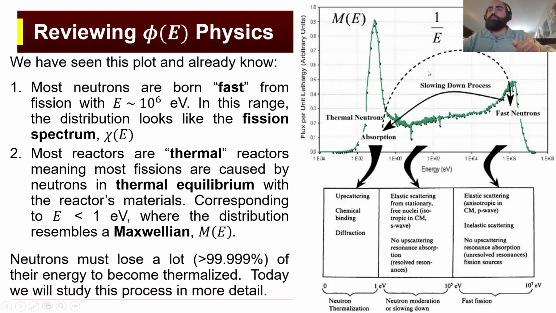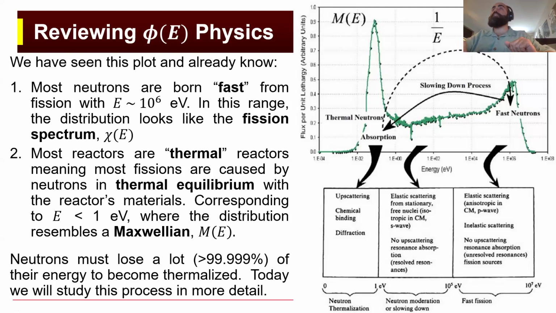So this is that phi of E spectrum that I was talking about. We've seen this plot. We already kind of know some of the physics behind it. We have a peak in the fast region because this is where neutrons are born. Most neutrons from fission are born fast, and this part of our energy dependent flux looks like the fission spectrum. In the thermal range, we have a peak at low thermal energies because as neutrons slow down, when they